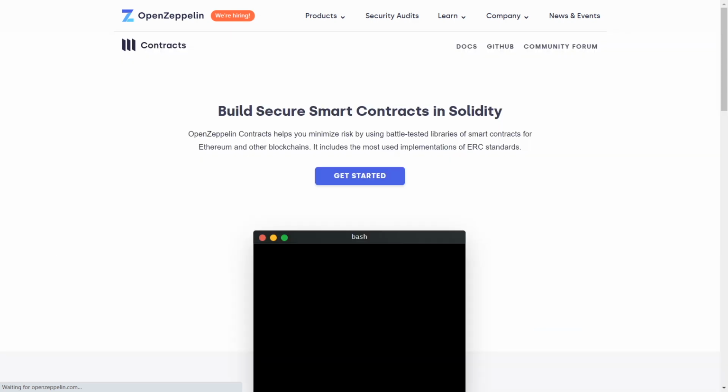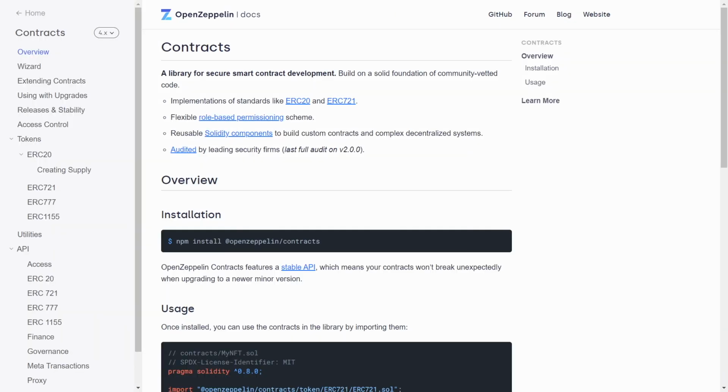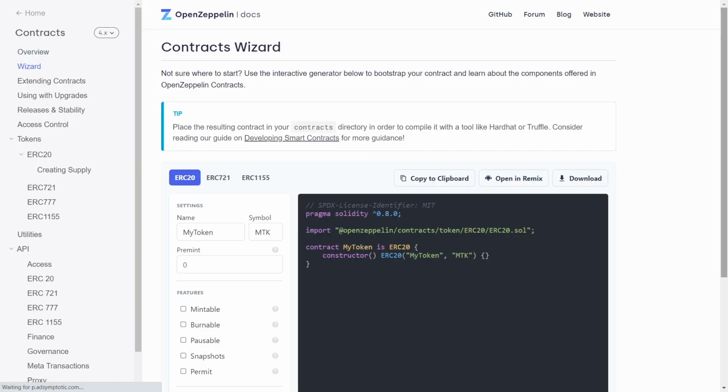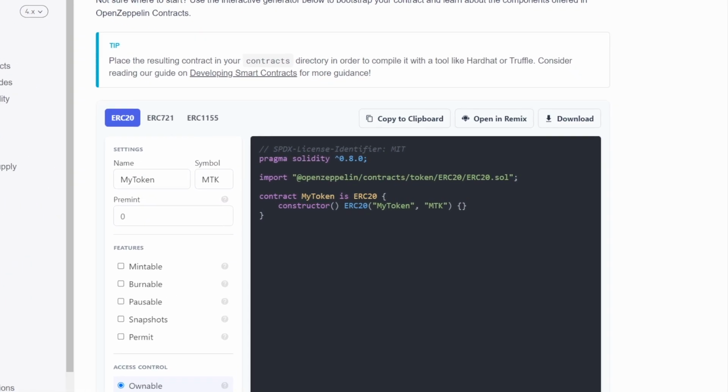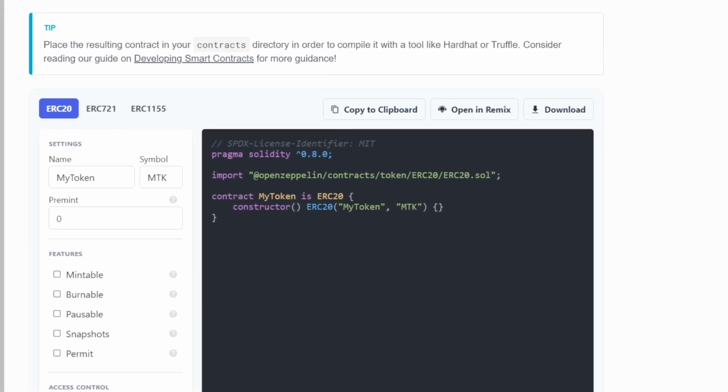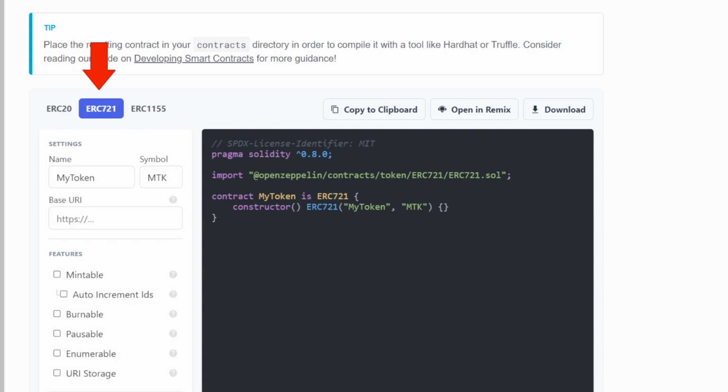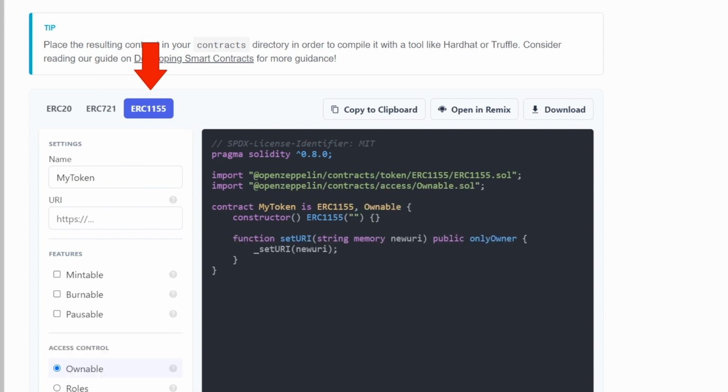A while back, they introduced OpenZeppelin Wizard. Link for it will be in the description. Using this tool, you can bootstrap your contracts. You have the option for 3 token standards. ERC20, that is the fungible token standard like cryptocurrencies, where all coins have equal value. ERC721 is for NFTs, and ERC1155 started as a gaming standard, where you would have both ERC721 and ERC20 functionalities in